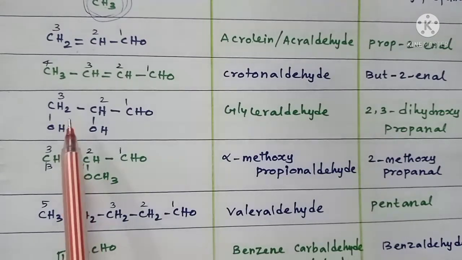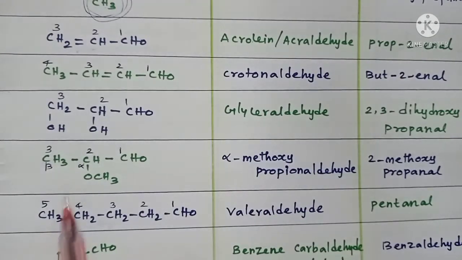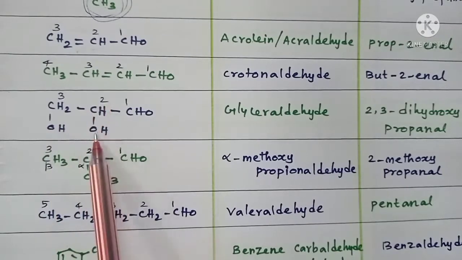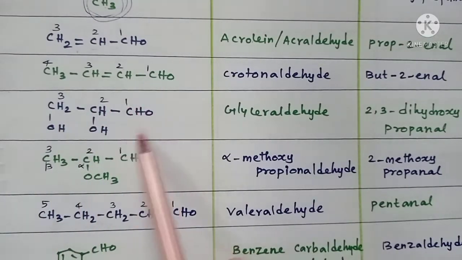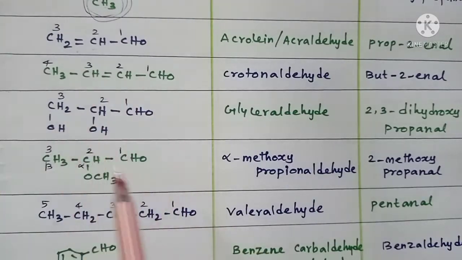Okay, right. So now look at the next compound, CH2OH-CHOH-CHO, which is called glyceraldehyde. Actually, it is an oxidized product of glycerol. So glycerol formula CH2OH-CHOH-CH2OH. That is the formula of glycerol. When it is oxidized, one of the primary alcohol groups gets oxidized to an aldehyde group, isn't it? So that you will get this one. So this is an aldehyde we can get by oxidation of glycerol. So that is called glyceraldehyde. That is a common name.